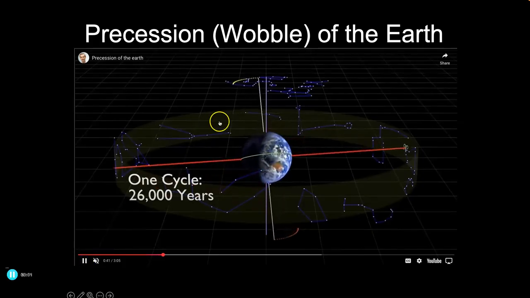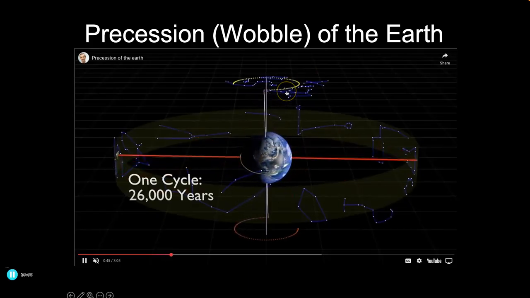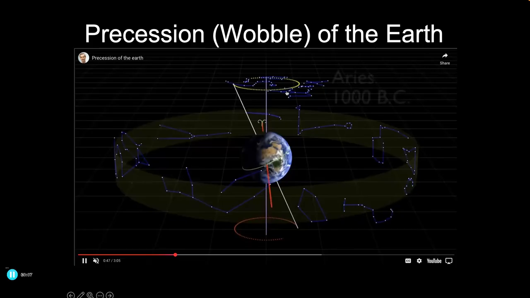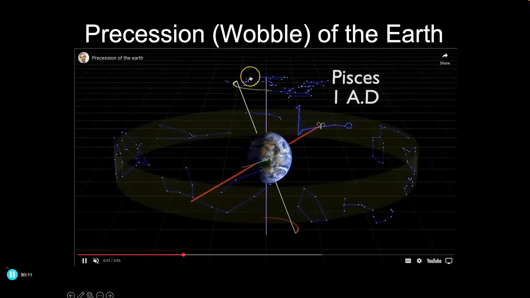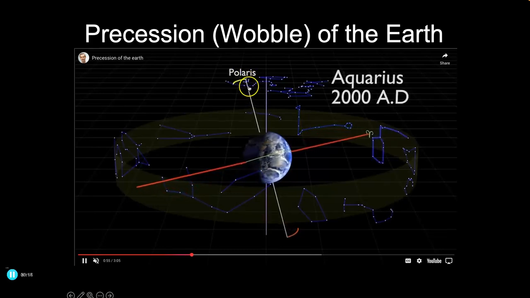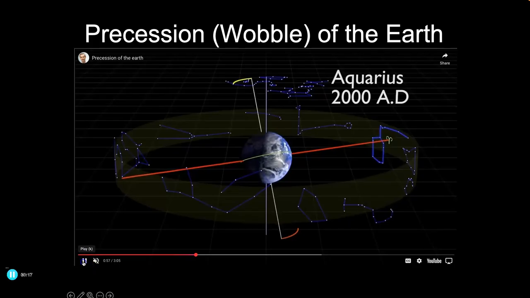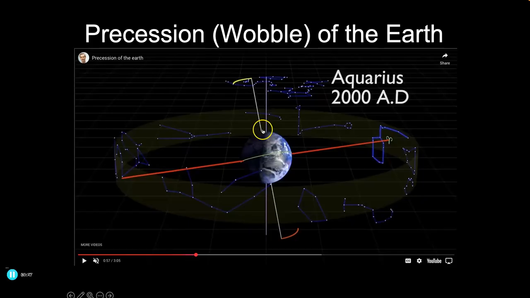Like this, right? The Earth wobbles like a top, but slowly. One wobble of the Earth takes 26,000 years. And so what does that mean? It means that right now, well, thereabouts in the year 2000, right? Right now,